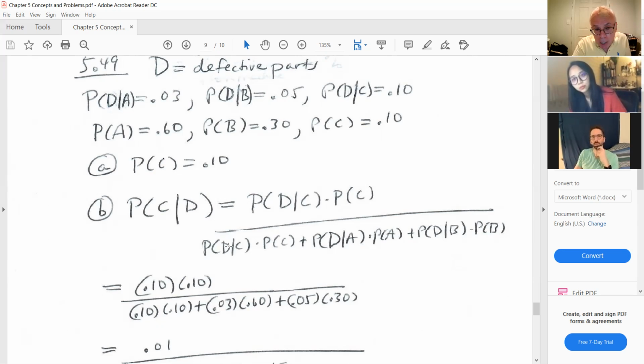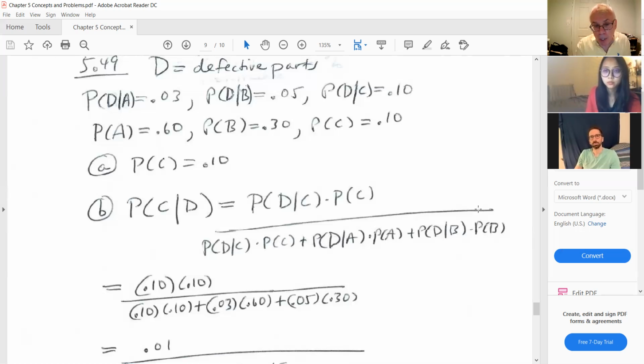The denominator considers every case for defect. The probability of D is equal to all three of these because these are the only three cases in which we could have a defective item, because there are only 3 machines. If we had 5 machines, we'd have 5 terms down there. 10 machines, 10 terms. See what I'm saying? So that's what that sum is. It's basically saying all those